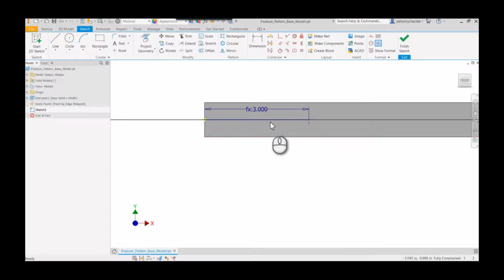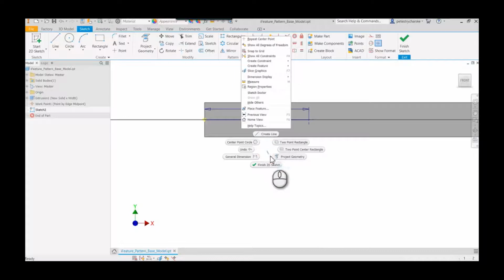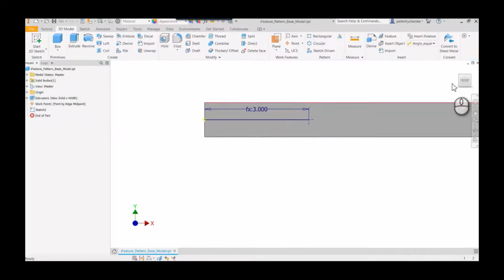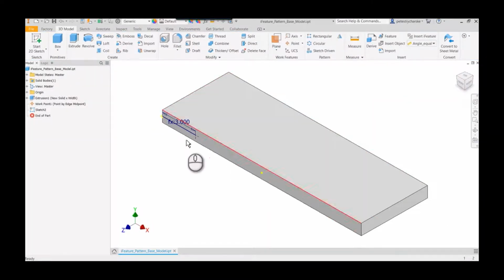Now the reason I'm drawing the line, which you'll see in a second, is another thing that we want to do with iFeatures besides limit the number of references: we want to internalize references as much as possible as well. So we're going to eventually use this line as the direction for our pattern. Once I've done with that, I'll finish the sketch, go back to an ISO view,